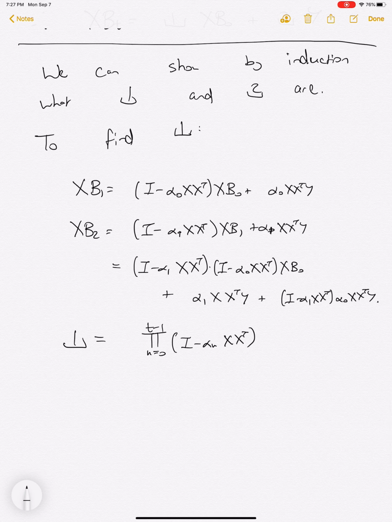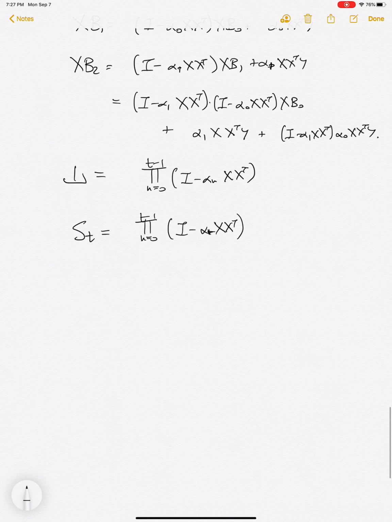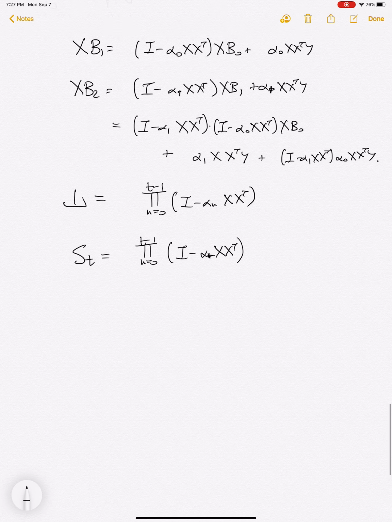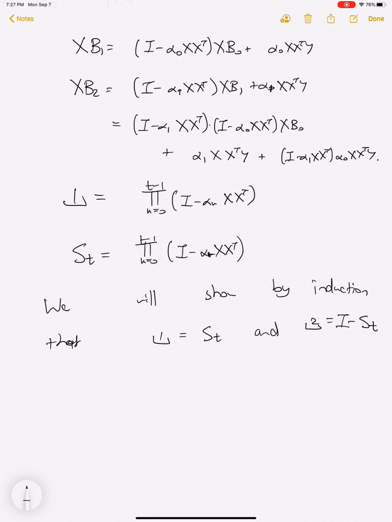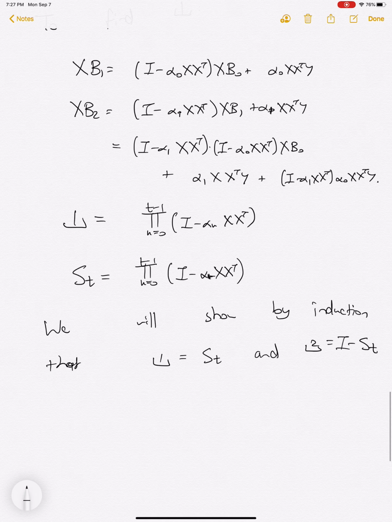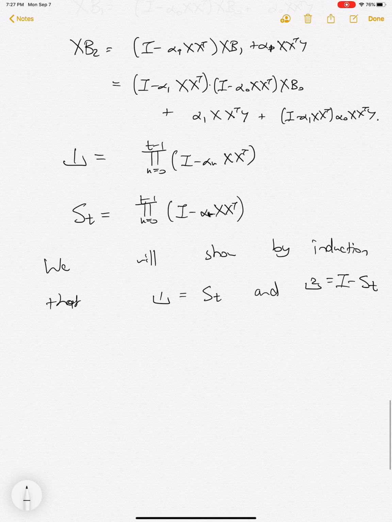So I'm going to use this definition of S T. It's going to work out really nicely that the first term is going to be S T, and the second term is going to be I minus S T. So we're going to claim that